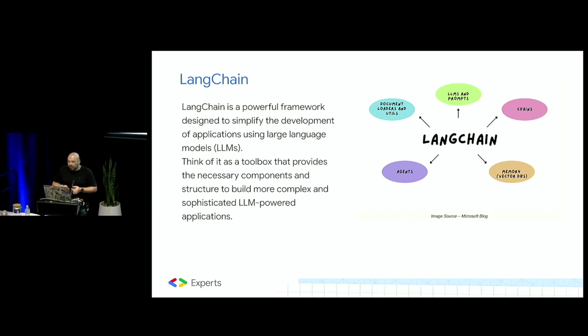And then finally, you also get access to memory, which enables you to incorporate memory within your application, allowing the LLM to retain more information from previous interactions. This is most of the time crucial when you're building chat applications, because you will need to have that context to go back to.